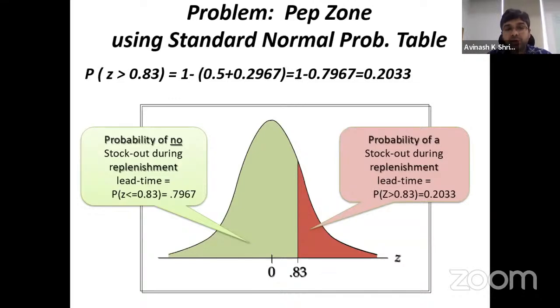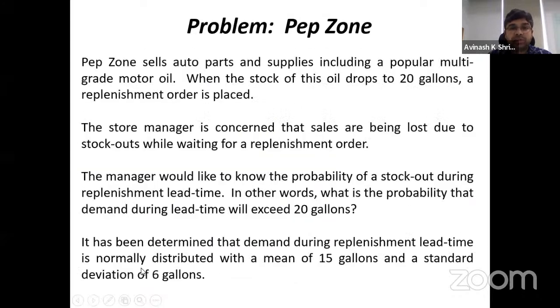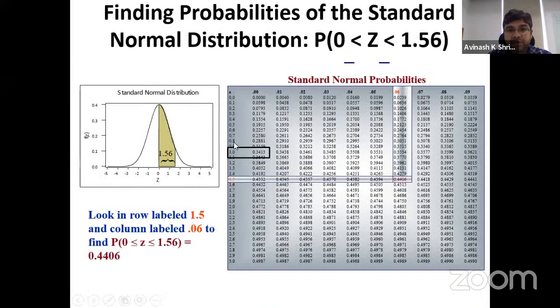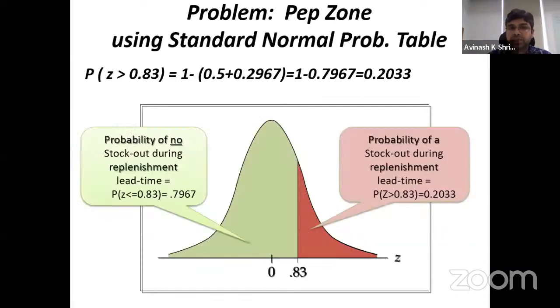So we know that there are two ways. We know that the total area under the curve is 1. And we have to find a value from the normal table for Z equal to 0.83. So look at this. For 0.8 and 3, for 0.83, look at the cursor. The value is 0.2967. So either you do it this way: subtract from 1 the sum of 0.5 plus this. Why 0.5? Because 0.5 is the area on the left hand side, plus 0 to 0.83, which is 0.2967. So 1 minus this total gives